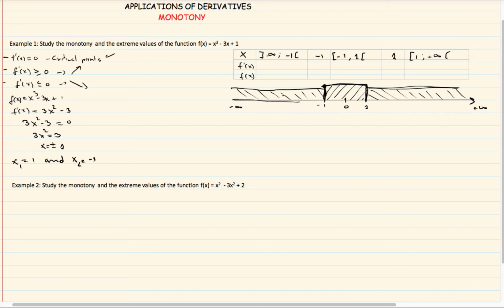So let me take, for example, minus 2. If I choose minus 2 here, f dash of x is equal to